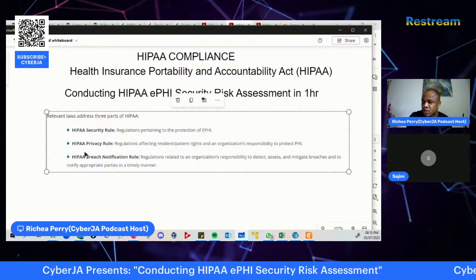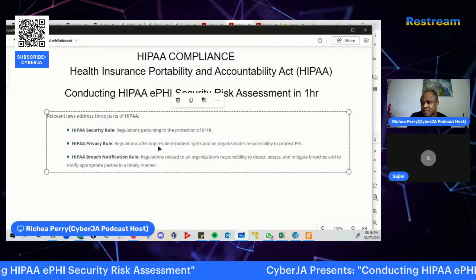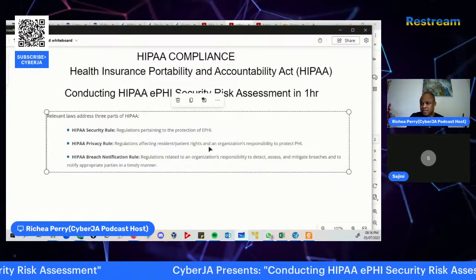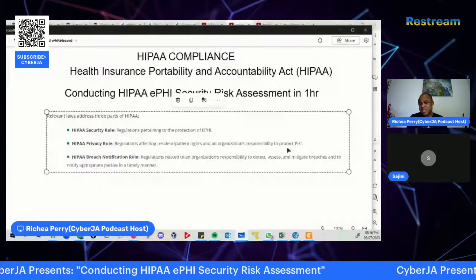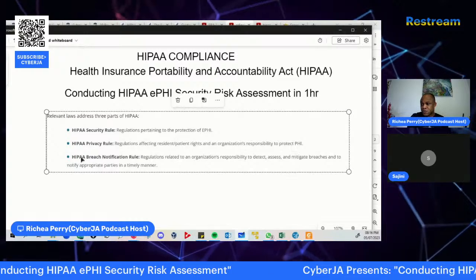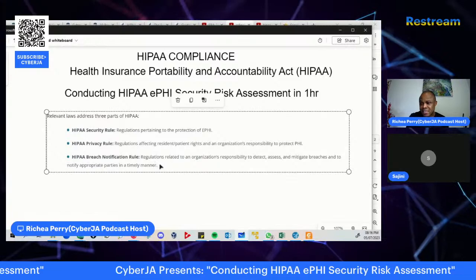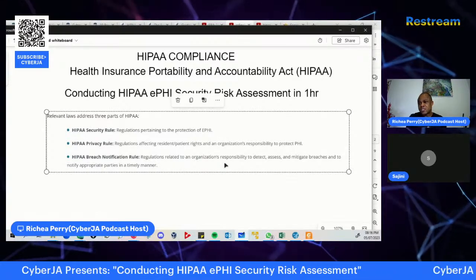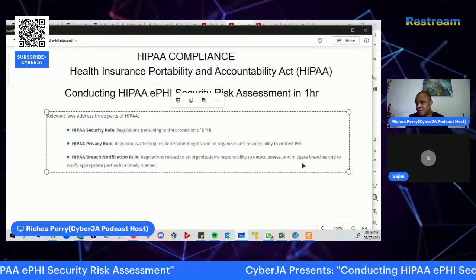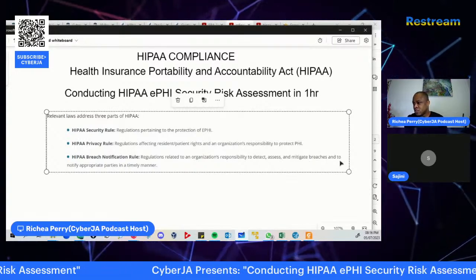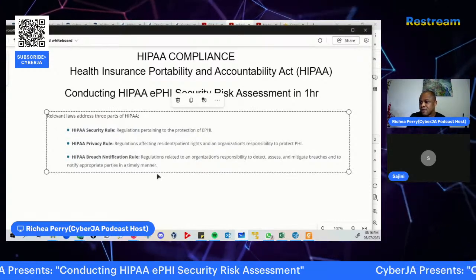Then there is the HIPAA privacy rule, which looks at regulations affecting resident patient rights and an organization's responsibility to protect PHI. And also the HIPAA breach notification rule, which looks at regulations related to an organization's responsibility to detect, assess, and mitigate breaches and to notify appropriate parties in a timely manner.